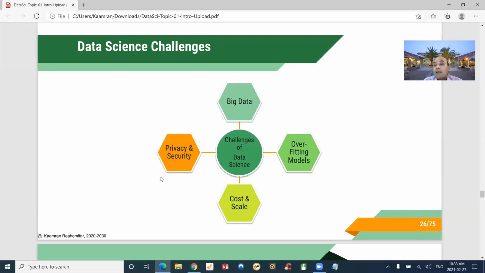In terms of scaling, one of the challenges we have is that you may have a project successfully tested on one user. You might have tested on one store. You might have tested on one specific region. But then you want to scale this up. You want to move up and have the same algorithm applied to regions that have different